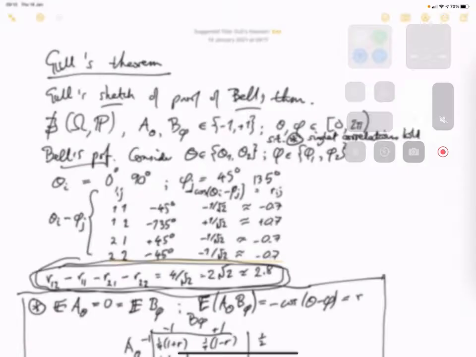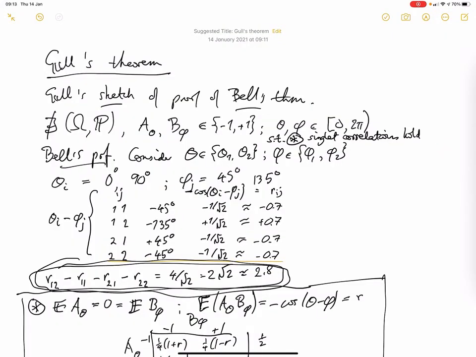Okay, so I want to talk about Gull's theorem, but what Gull's theorem was is actually just a proof of Bell's theorem, and I think I need to start by explaining Bell's theorem to you. I already started writing it down here, and I will read through what's written and explain the important stuff. So, Bell's theorem says there does not exist a probability space with, defined on it, a collection of random